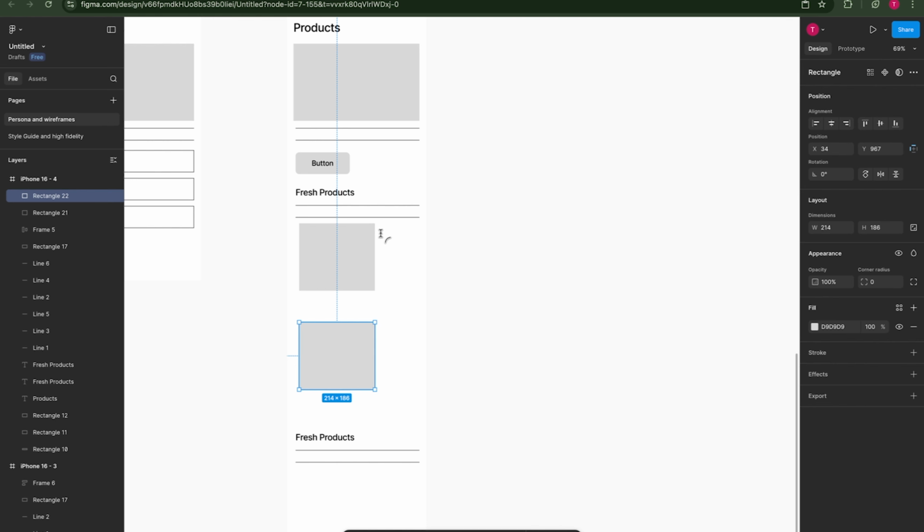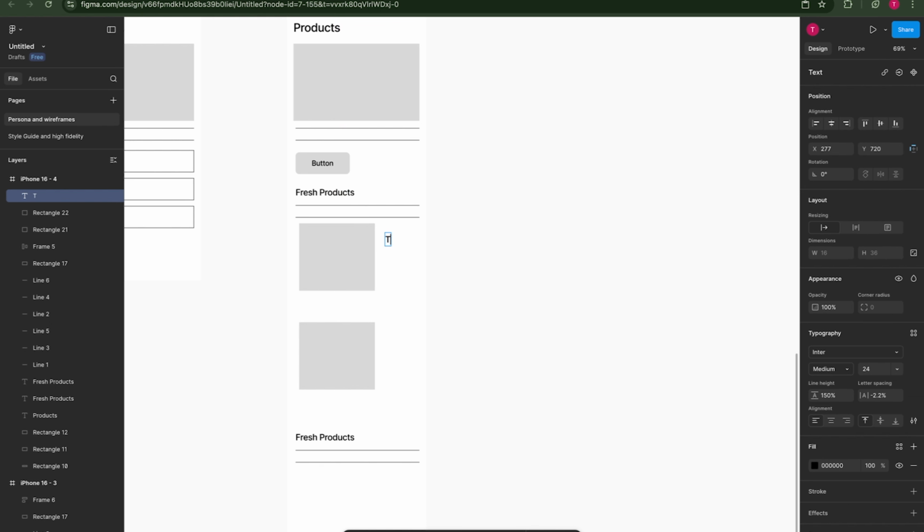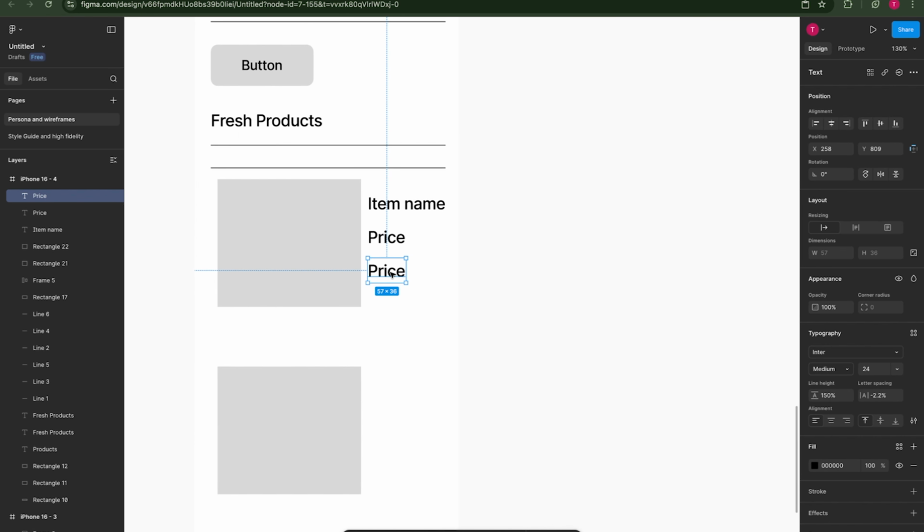So you should be able to see the title of the item name, price, description, then a button to